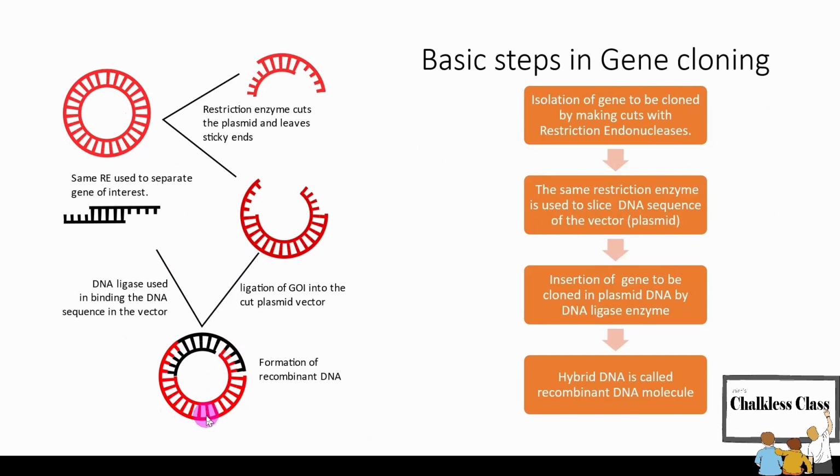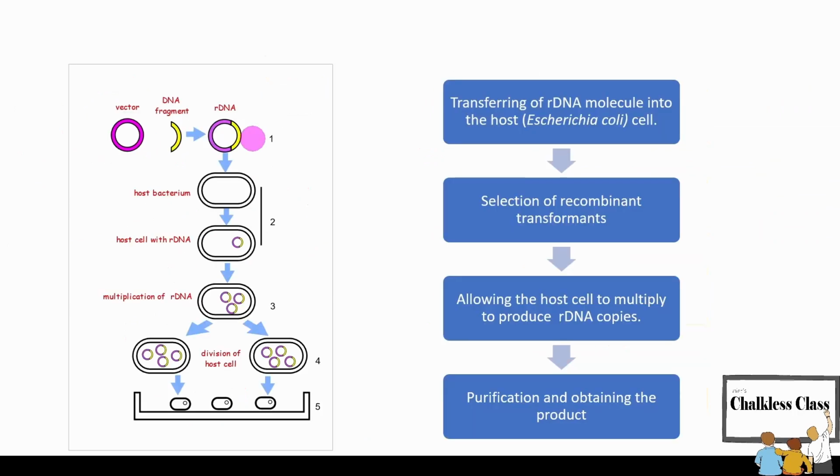It has the plasmid DNA as well as foreign DNA. Next is transferring of the recombinant DNA molecule into the host cell. This process is called transformation. Later, the selection of recombinant transformants. What are recombinant transformants? The host cells which received rDNA are called recombinant transformants, allowing the host cell to multiply